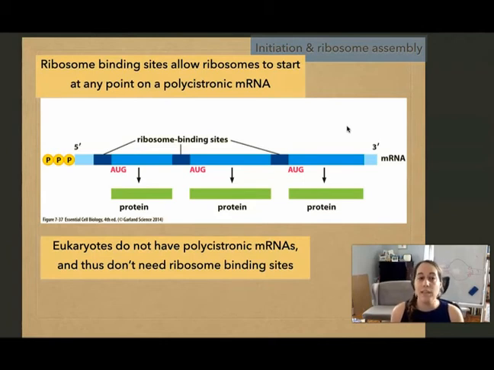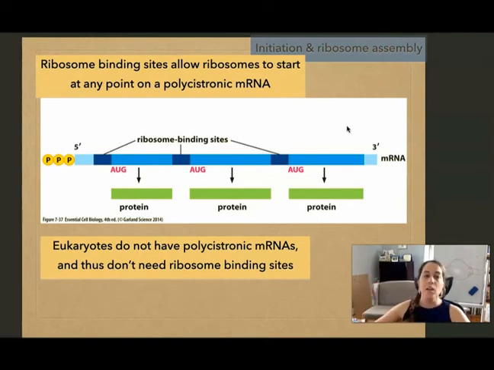And so they need to be transcribed together, and they're regulated together, so they all share a promoter on the DNA, and they all share a transcription stop sequence. We'll just say the end of transcription code, or termination